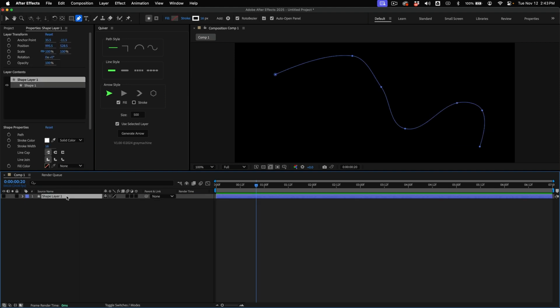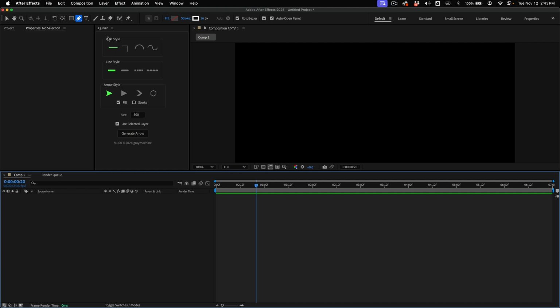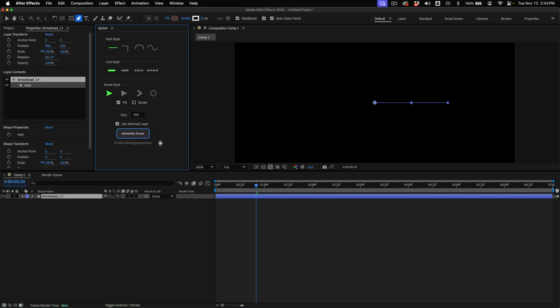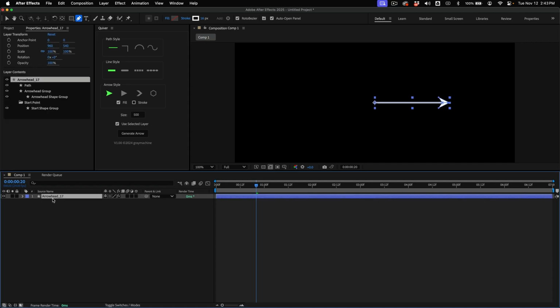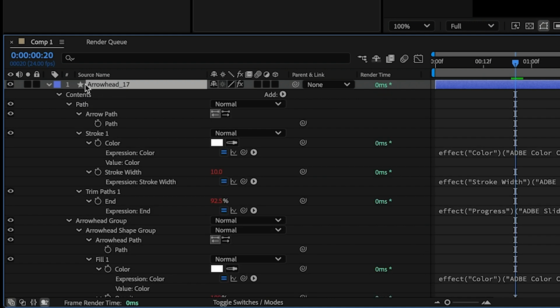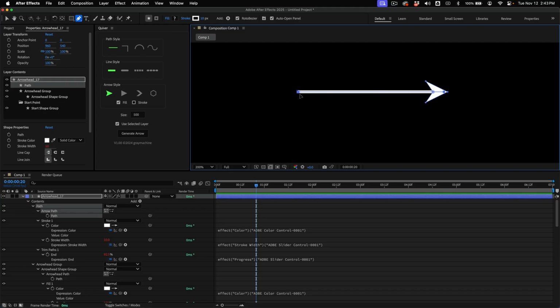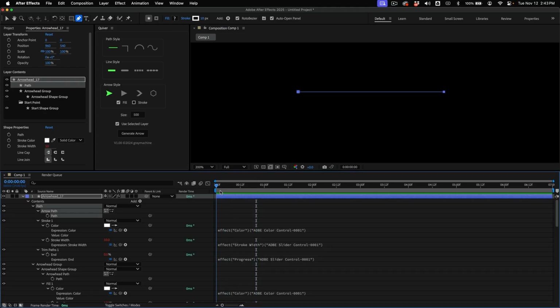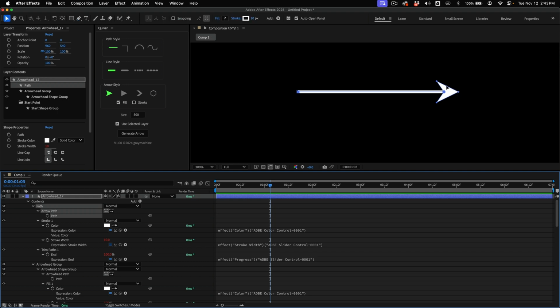Let me go back to the default arrowhead here. I'm just going to make a straight line that's flat with a little arrowy thingy on there. Now, if I go into my shapes here, in fact, generally what I do is just tap UU real fast. And the first arrow path here, that is the arrowhead path. That's what's defining the shape of the arrowhead. This is the arrowhead here, the thing at the end,